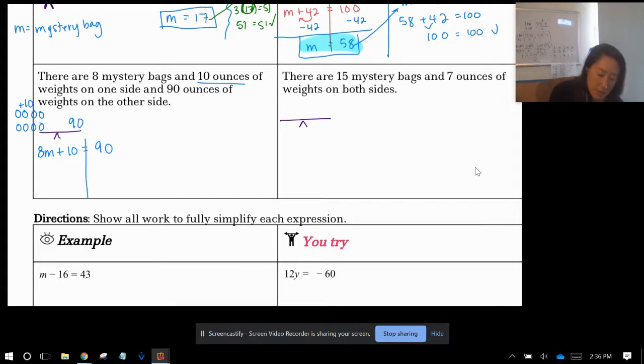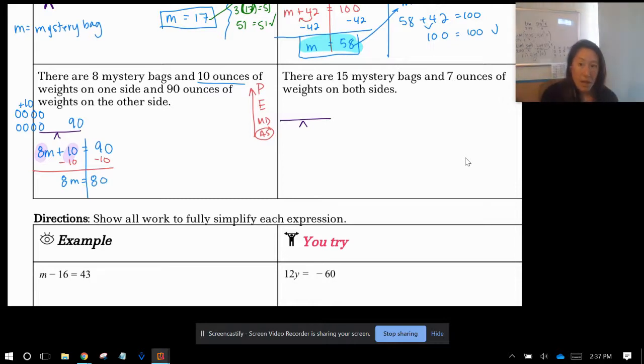Okay. I'm going to subtract. So lowest order of operations first. I have the 8 and the 10 on the left-hand side with the variable. The 10 is being added to the 8M, and the 8 is being multiplied. So I need to start with the addition and subtraction to undo first. Remember, we're following backwards PEMDAS, which is like SADMET. So addition and subtraction undoing first. So I'm going to subtract 10 from both sides, leaving me with 8M is equal to 90 minus 10 is